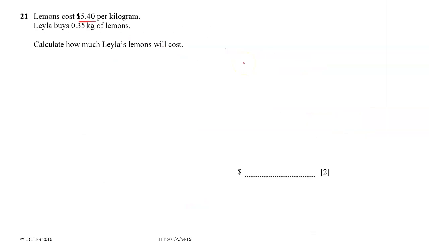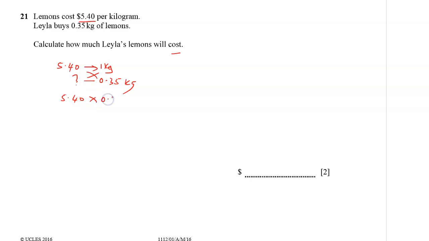Number 21. Lemons cost $5.40 per kilogram. Layla buys 0.35 kg of lemons. Calculate how much Layla's lemons will cost. And therefore, I can say 5.40 for every kg, right? Layla gets 0.35 kgs. So how much does she need to pay? You need to cross multiply. Therefore, you'll find that this is 5.40